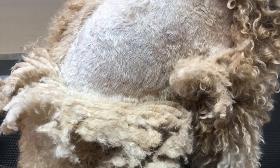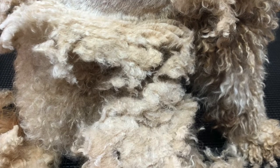So the earlier we can get them into the salon and get them used to the maintenance that they're going to require for their entire life, the better. So let's go back to the maintenance of a Doodle. As I mentioned before, we have a curly coat. So anything that has a curly coat is going to mat, especially if it gets wet or it's swimming, even laying in a damp basement. Anywhere that it's going to get moisture, it's going to curl, and those curls are going to get tight